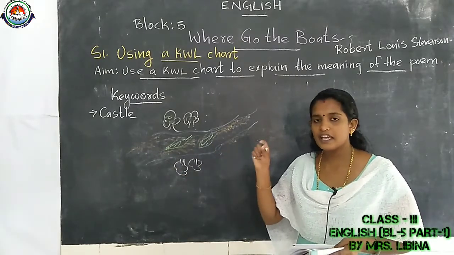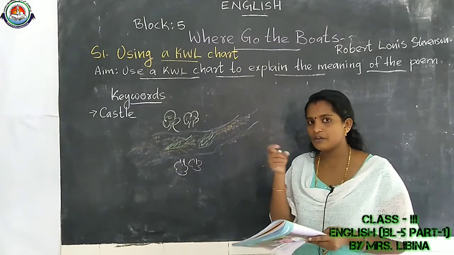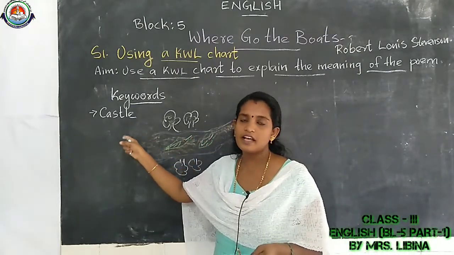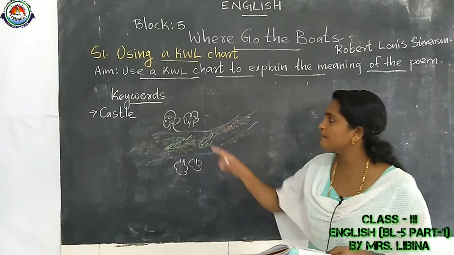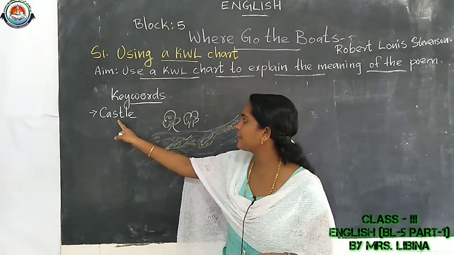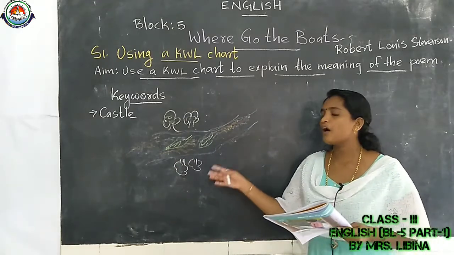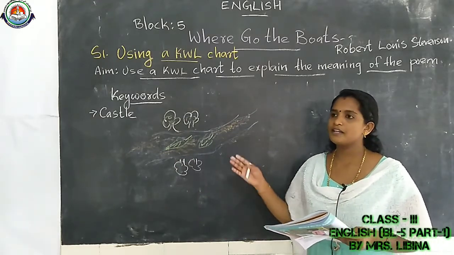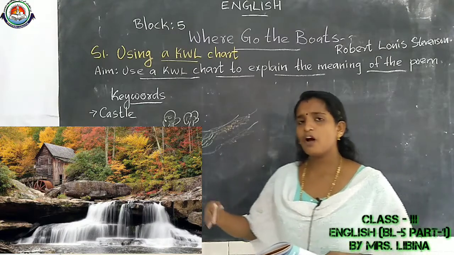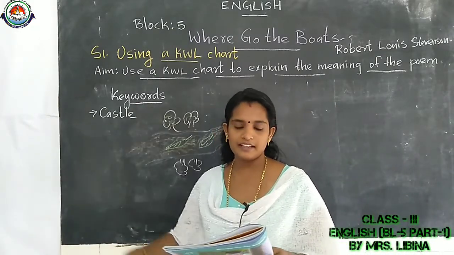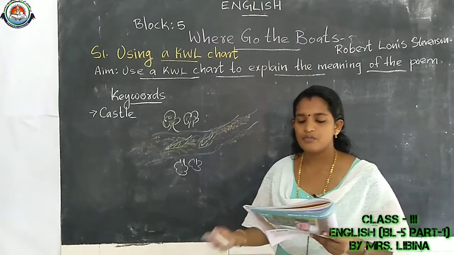So you have to take a rough book or slate anywhere. You have to practice these keywords and also study their meaning, which is also given in your textbook. Okay, first keyword is castle. Then, castles of the foam. Now you could see here, foam means the froth with the flow of the water. Then you could see the foam is making the castles of the foam.